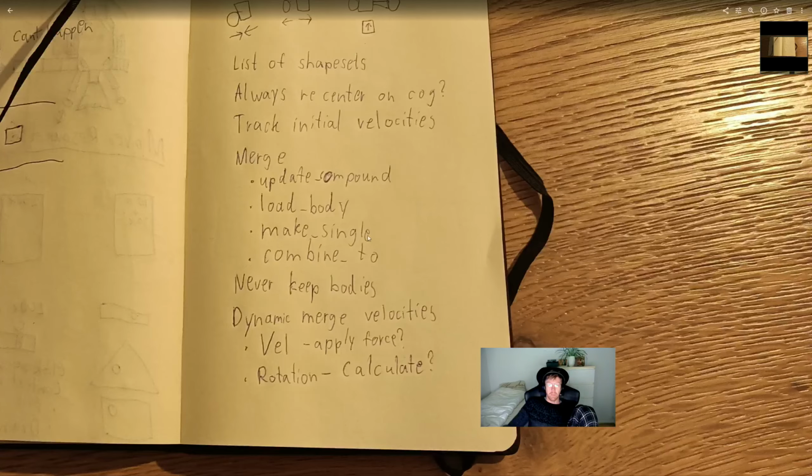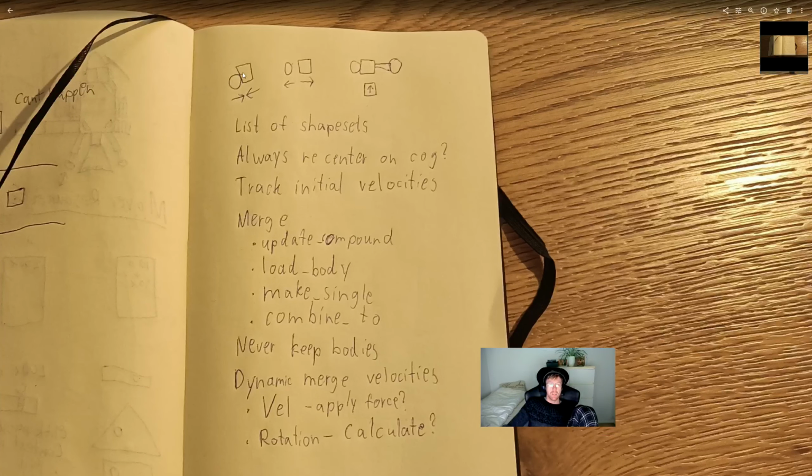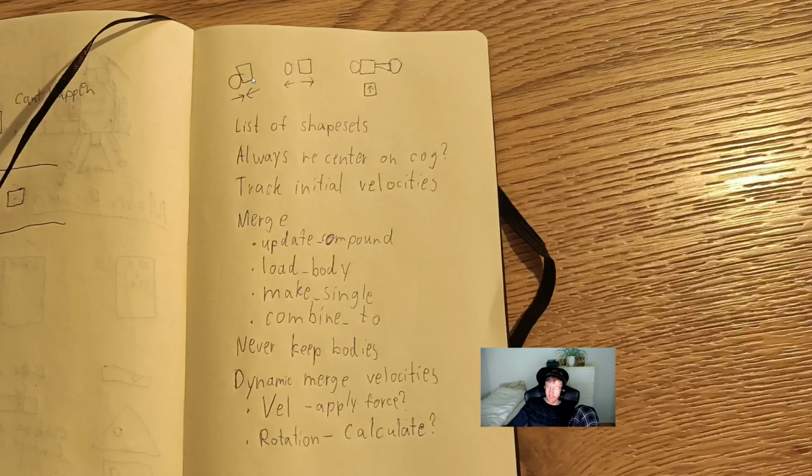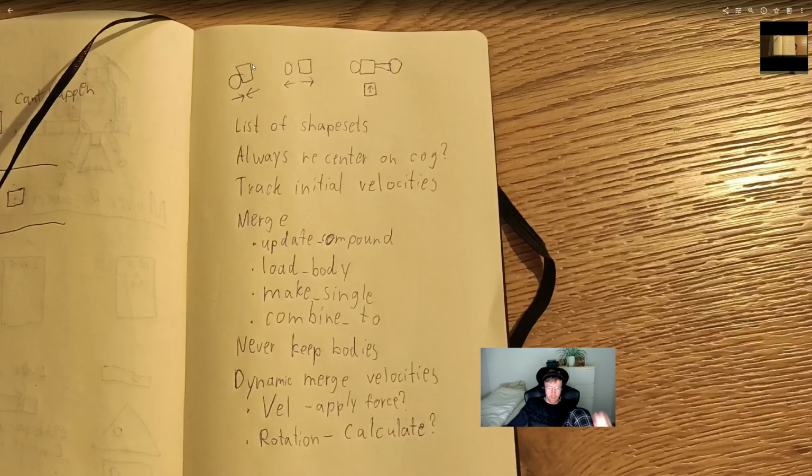So dynamic merge velocities. These 2 shapes, for example, merging those, imagine they're actually traveling towards each other. And then at the moment they touch, they merge. Then they should just stop, right? If we assume that they weigh the same. But then if the right one is twice as heavy, then it's going to move a bit to the left. And I don't think that's something the engine will help us much with. We're going to have to calculate that ourselves, because once merged we cannot set individual shapes' velocities, we only set